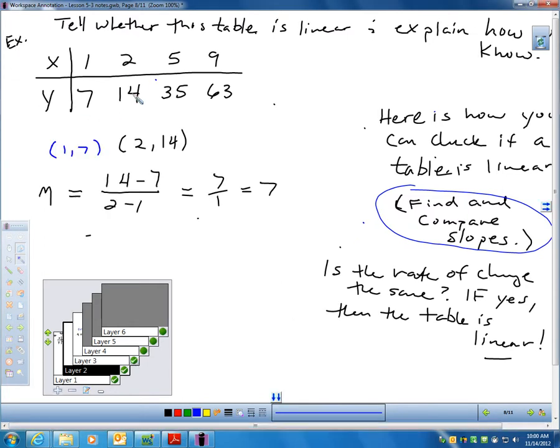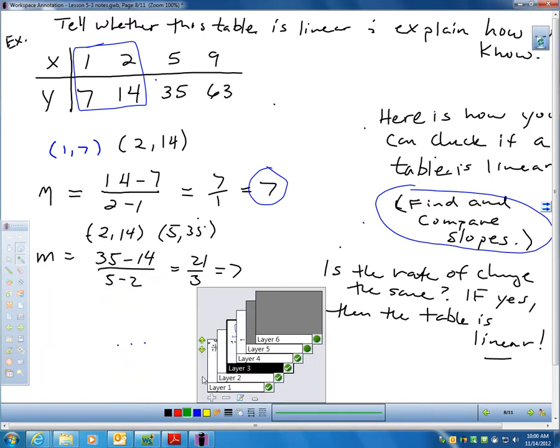Well, let's take these 2 points first and find the slope. So I have the point 2, 14 and the point 3, 21, and I'm finding the slope of these 2 points. And when I do, I'm finding out the slope of these 2 points is 7. Okay, so next,